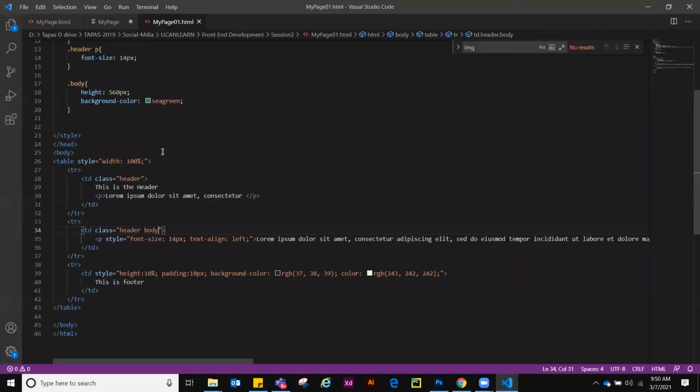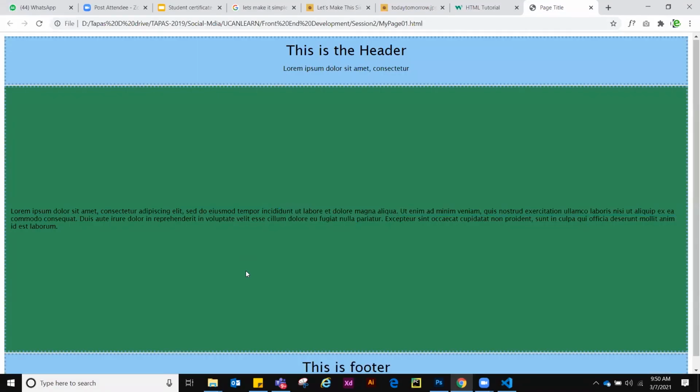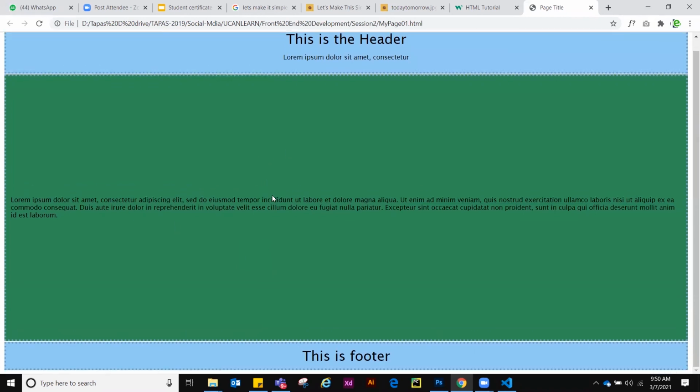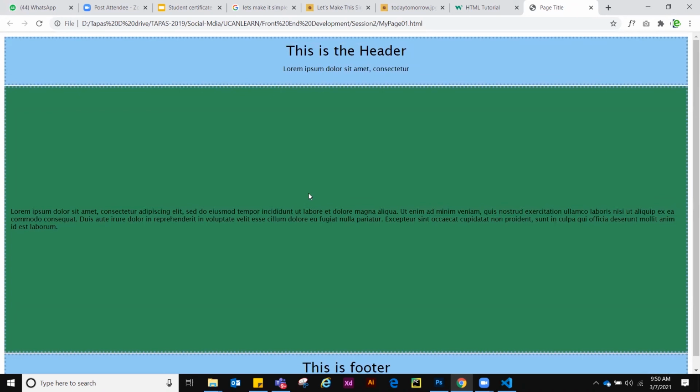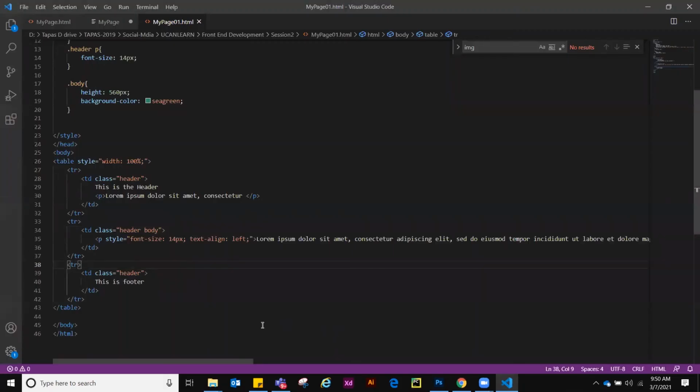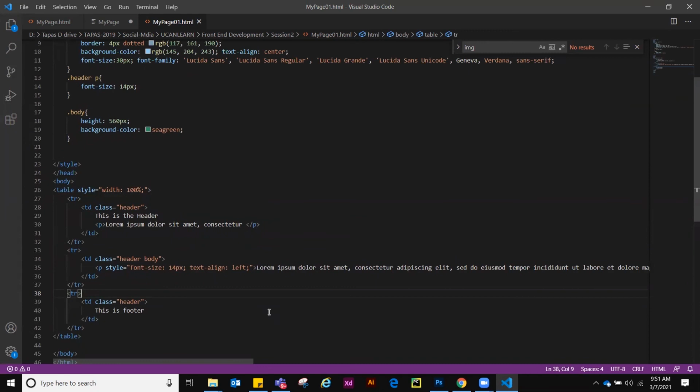Now the same way you copy it and the same class you can put over here also, footer. Remove all this. Class header. And always look for this kind of small things, like if there is a double quote missing, something is happening. Okay, see now. Understood the concept of what is the use of class? Yes.